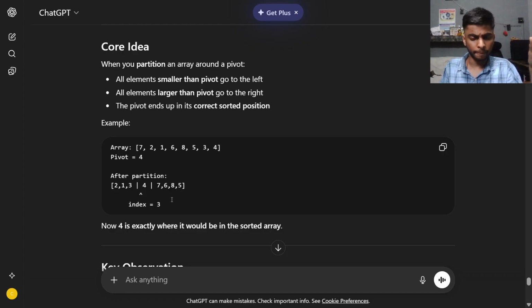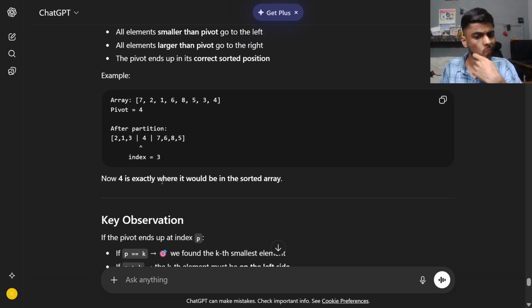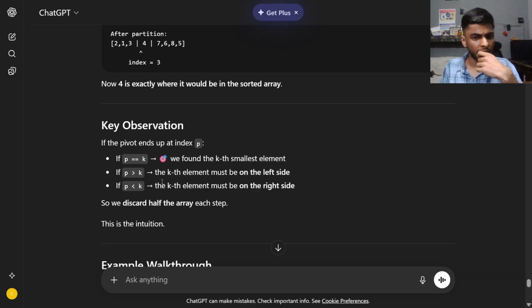Choosing a random number and then pivoting around it. If the pivot ends up at index p, then if p is equal to k, we found it. If p is greater than k,